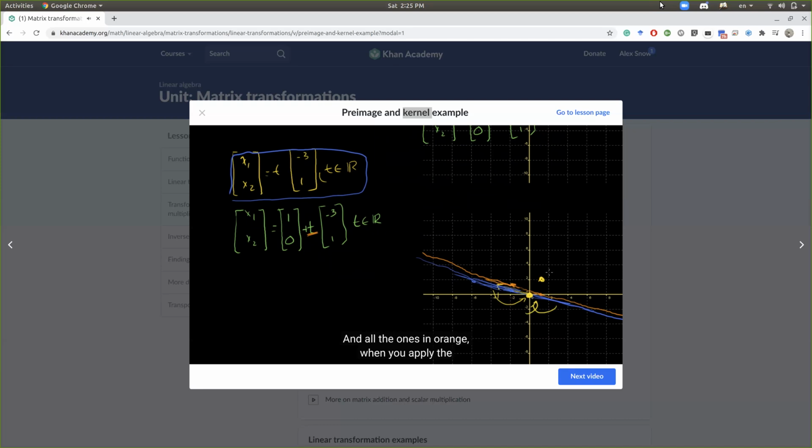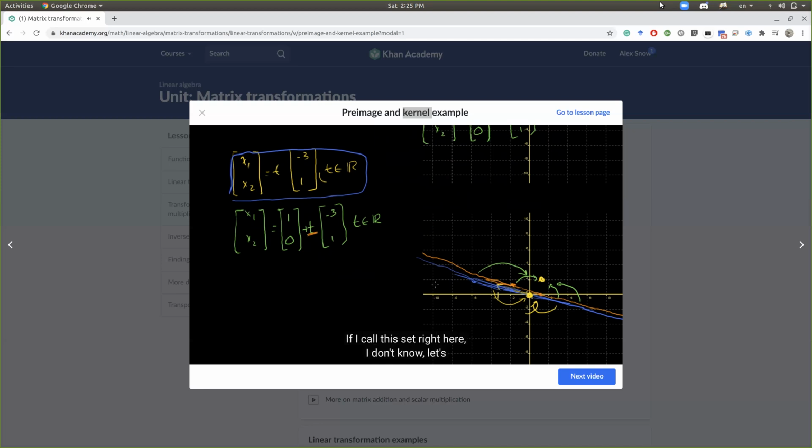All the ones in orange, when you apply the transformation, map to the point 1, 2. Now, this blue line right here, this has a special name for it. And I actually touched on it a little bit before, right? Everything in this blue line